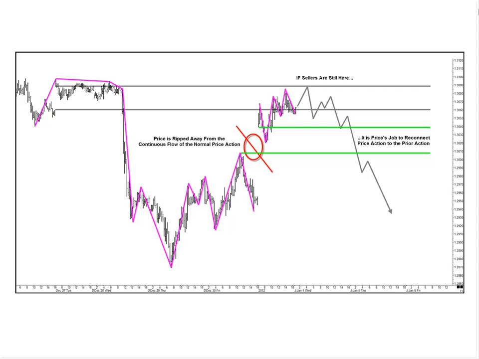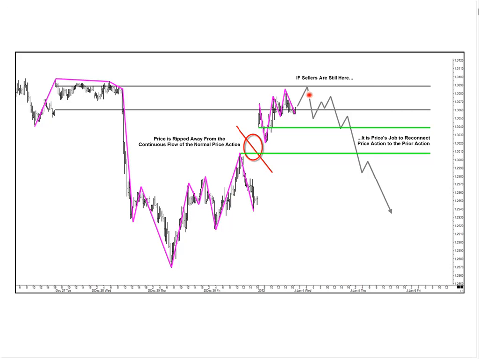If the sellers are there, we'll likely fiddle around in this gap zone area a little bit where we try and figure out whether or not they're there. Then either people will figure out that the whales are sitting up here, or one or two of the whales will break away from the group and start to sell a little bit cheaper to get ahead of their buddies. My general advice is, at any one time zone in these major markets, there's 3, 4, 5 whales operating at one time. A lot of times they operate together,